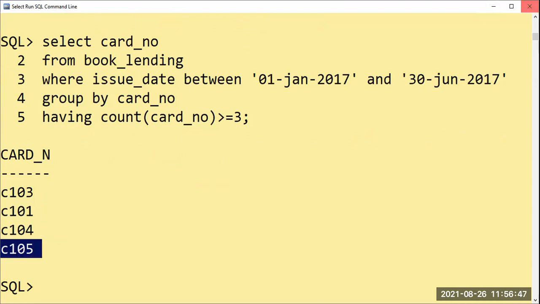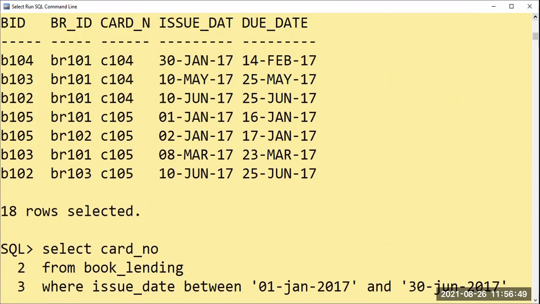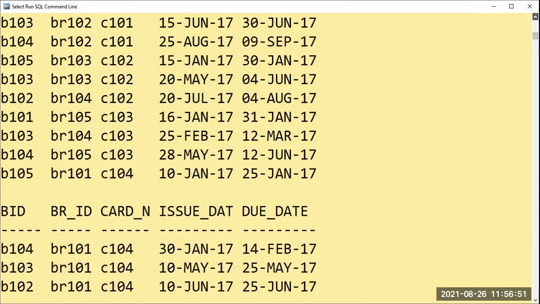Now C102: the first book has been issued on 15th January, include. The second book has been issued on 20th May, include. The third book satisfies the count of 3, but the date is 20 July 2017, so it will not be included.